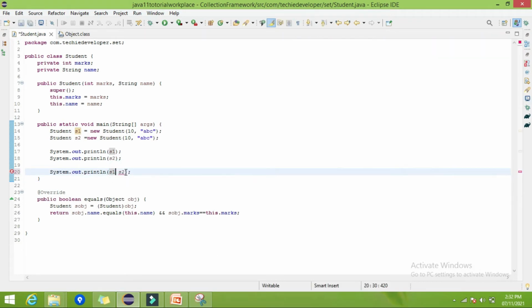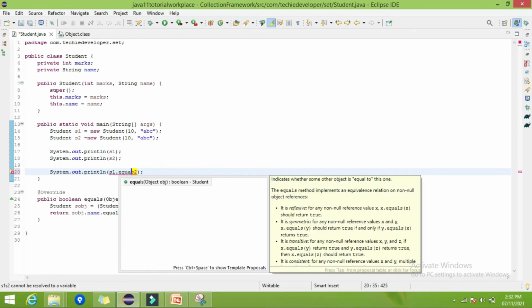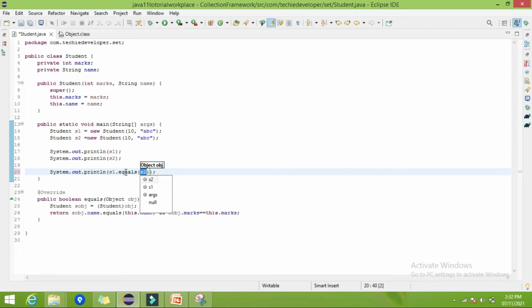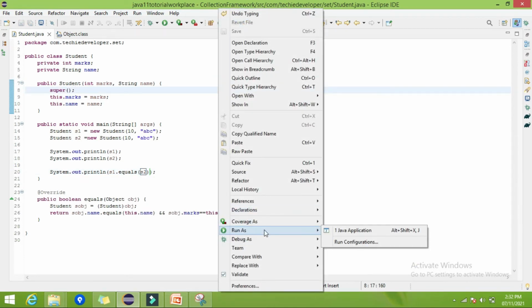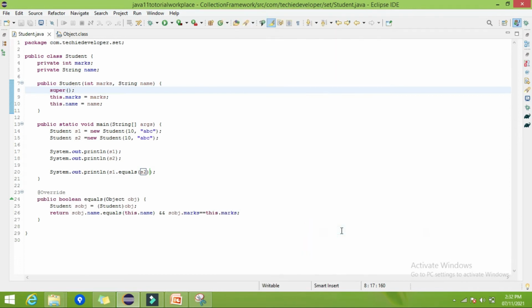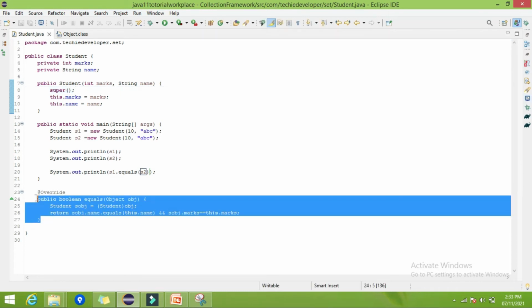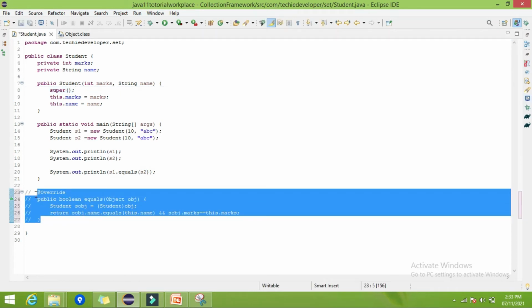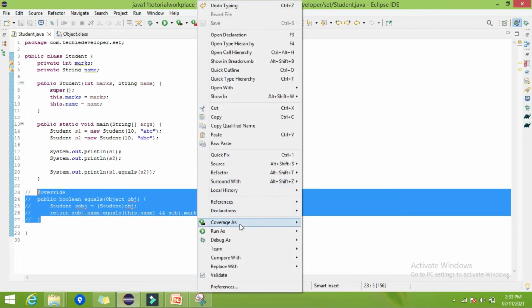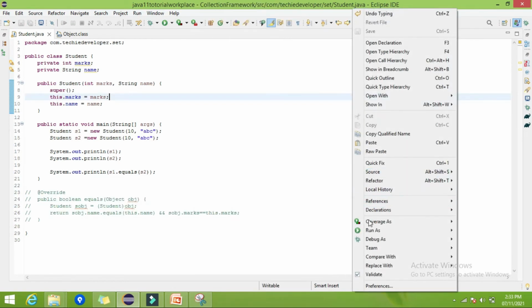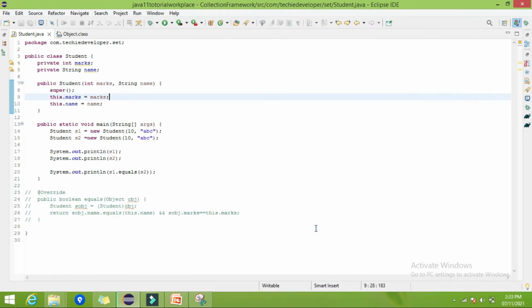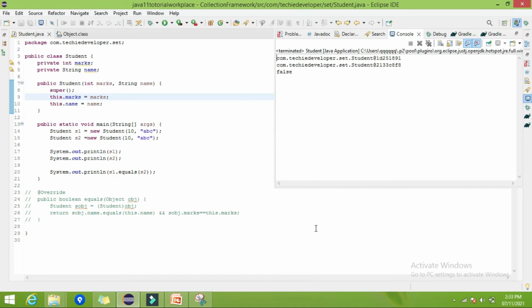So let's add dot equals method, and now let's run this, run as Java application. So here it is true. Just comment this override method and verify whether it is giving false or not. Yes, it is giving false.